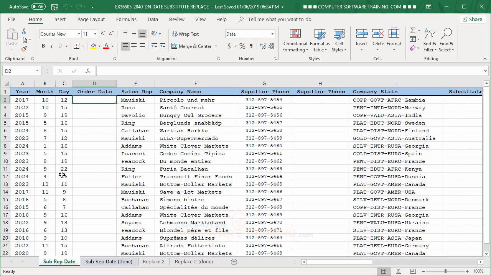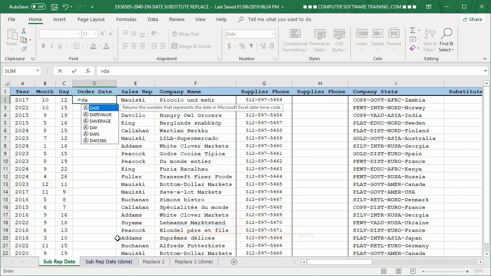And even though there's not a big problem with this, there are certain things that you'll want to be able to do later on, maybe with filtering, with pivot tables, where you need to have real dates. So in order to take care of this one, we're going to be using a function called DATE that will combine these three pieces of information and actually give us a real date, which is pretty neat. So the way we're going to do this is we'll go to D2, we'll type in